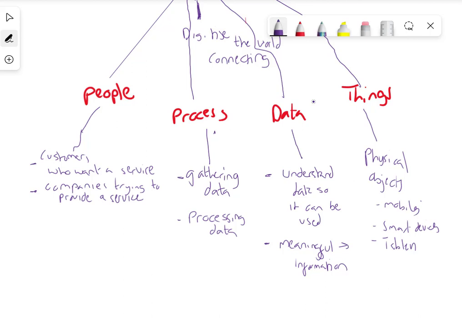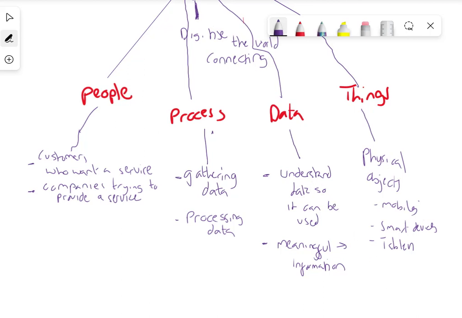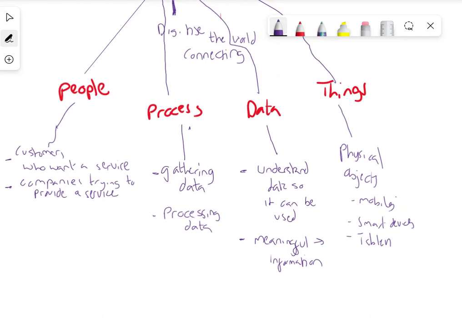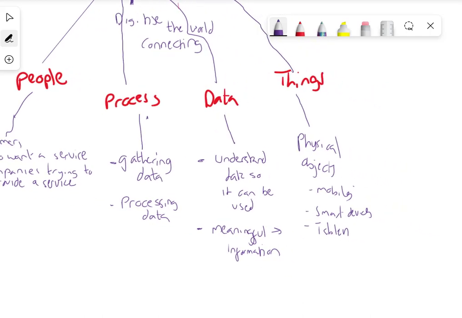All of these devices, let me just move it across slightly more. So all of these physical objects process data, collect data, analyze the data,